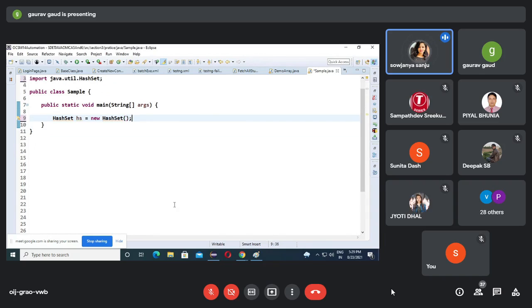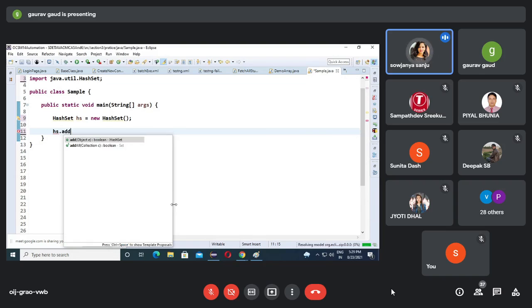Import HashSet. Now tell me, if I add the first object, assume my first object is hello.